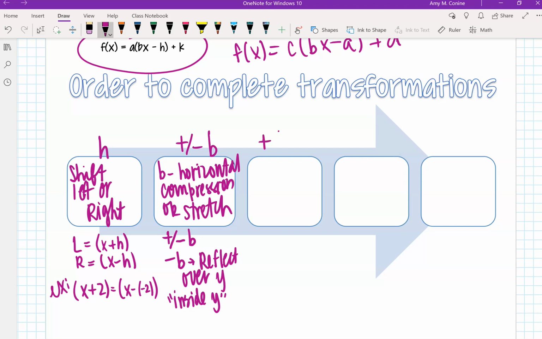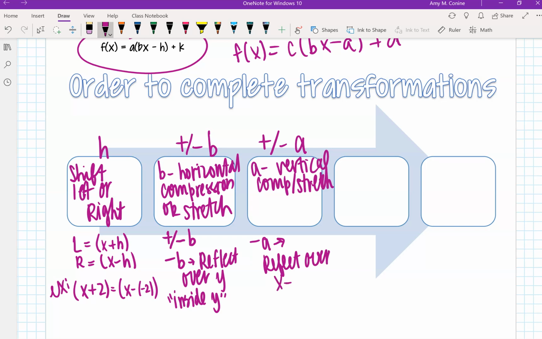So then the next one is a plus or minus a. So the a part is a vertical compression or stretch. Okay. Again, we're not going to do too much with actually evaluating those. You just have to be able to graph them. So this is also similar to the b. If we have a negative a, what that means is we have a reflection